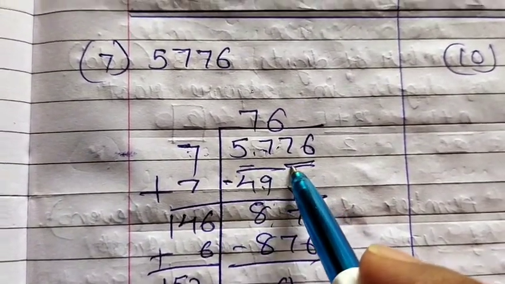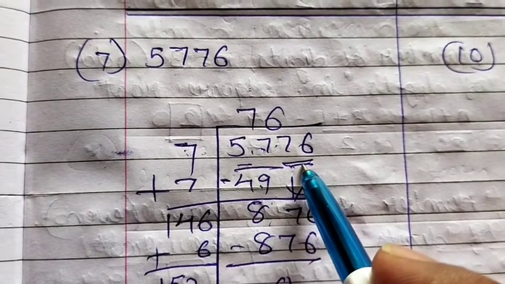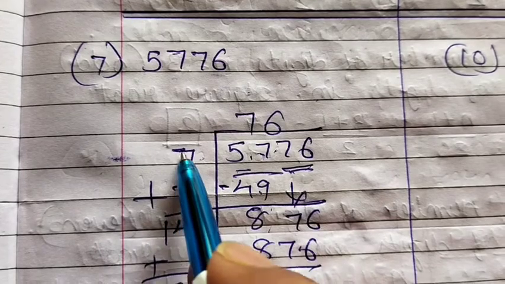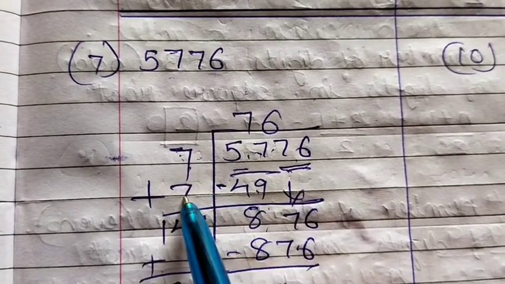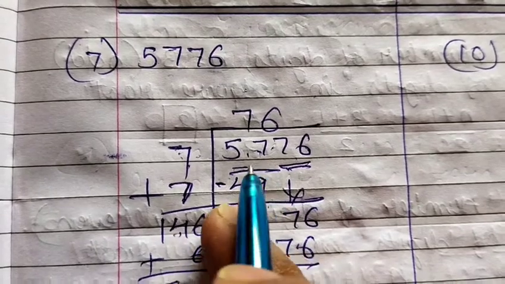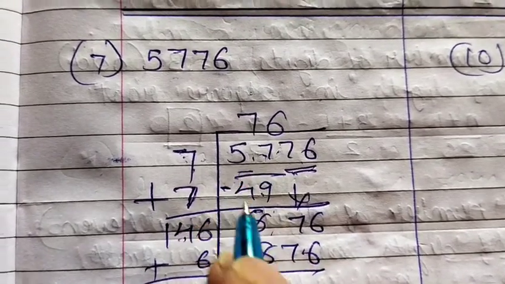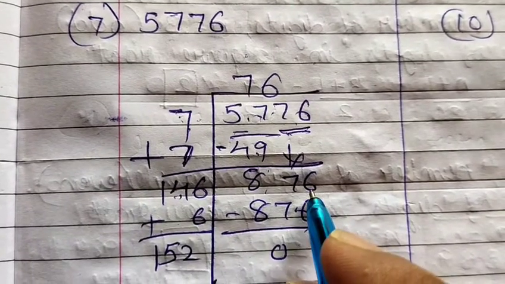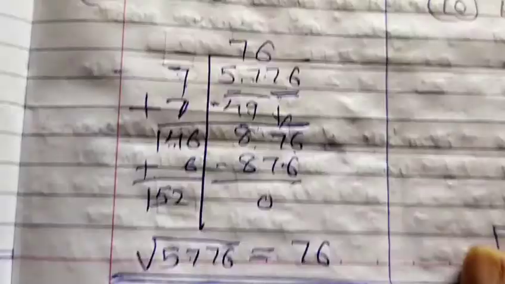Now bring the number down, which is next to the bar. Now whatever number you have taken over here, with the same value you have to add it. So 7 plus 7 is 14. Now what number will you take next to 14 so that 876 should get divisible? So here the unit digit is 6.